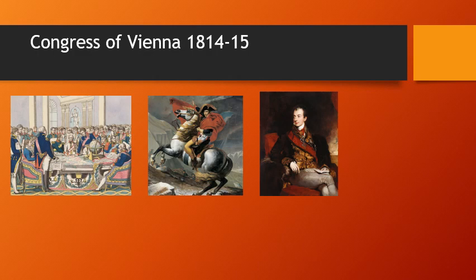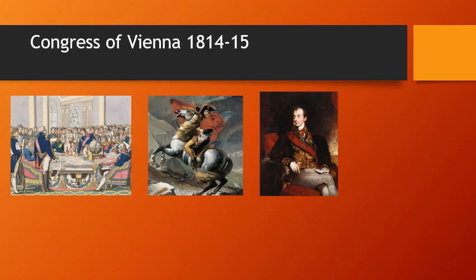One of the most important characters of this entire Congress was a statesman from Austria, Metternich, and he is still seen as the architect of this entire setup. However, as we will move forward, we'll see the complications it caused and how this entire equilibrium, the balance of power, was disturbed, which led to the Great War.